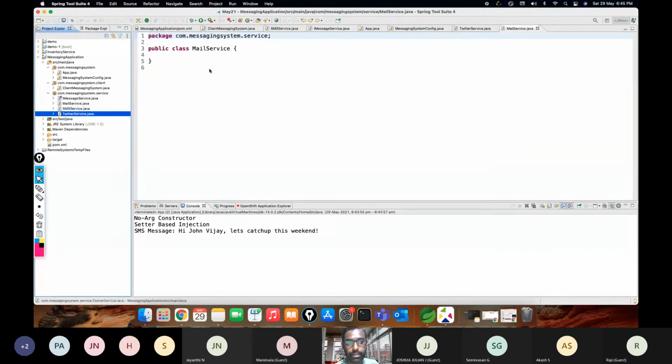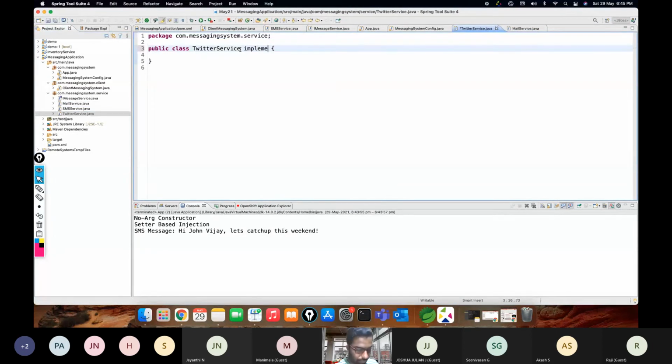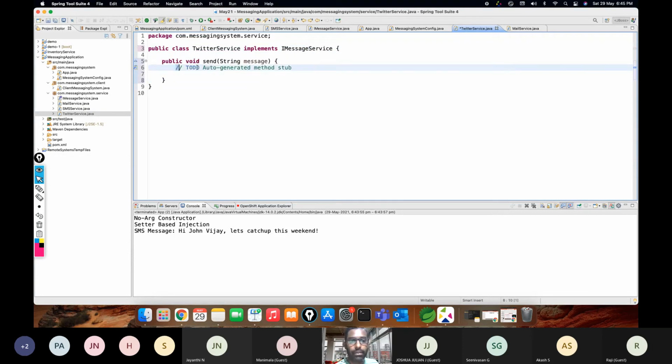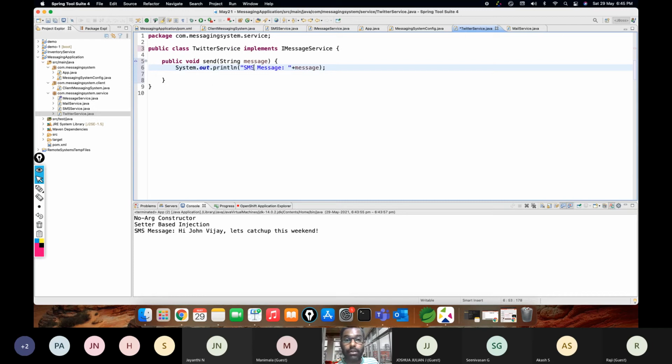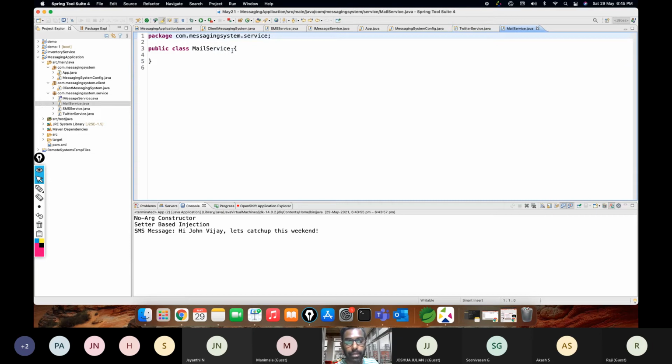Going to the Twitter service, what is to be implemented? IMessageService, correct? And you have to override the send method. And here you can just copy the line and drop it in the Twitter service. Call this as tweet message. And then going to the mail service, implements